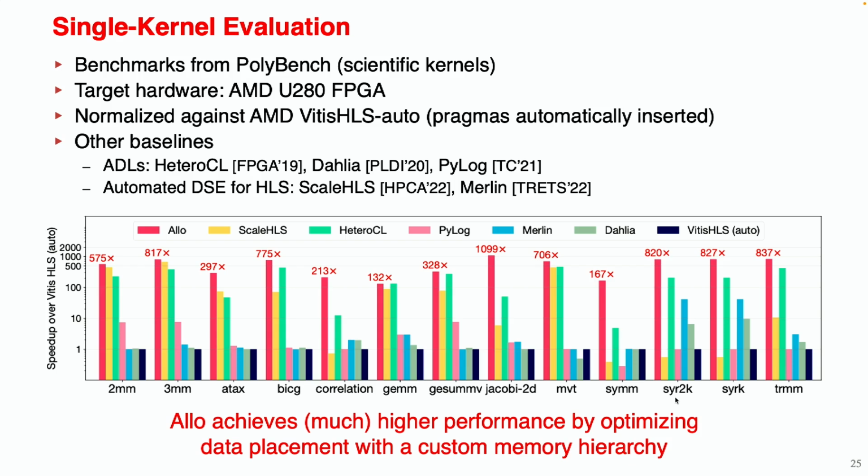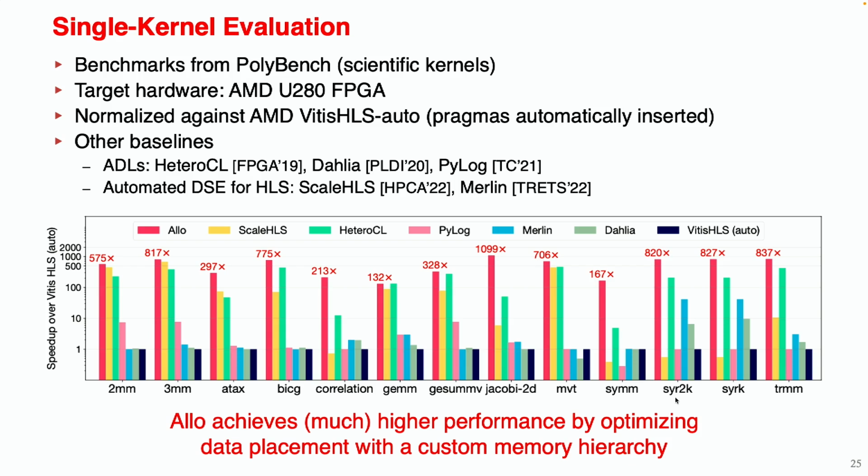So with these two types of composition, we show that we can achieve high performance for single-kernel and multi-kernel designs. In this slide, we first conduct a single kernel evaluation on the PolyBench benchmark, which consists of lots of basic kernels in scientific computation. We compare Allo with other baseline systems, including the basic Vitis HLS, three accelerator design languages as HeteroCL, Dahlia, and Tilog, and also two HLS compilers. And we can see that Allo can always achieve the best performance in these designs with orders of magnitude better